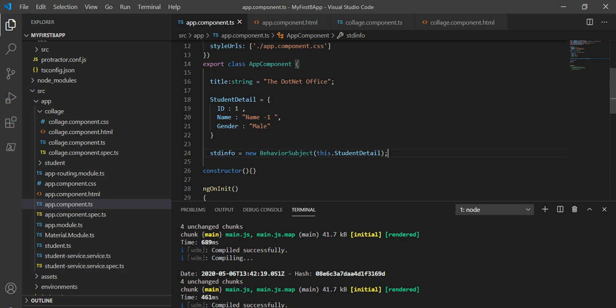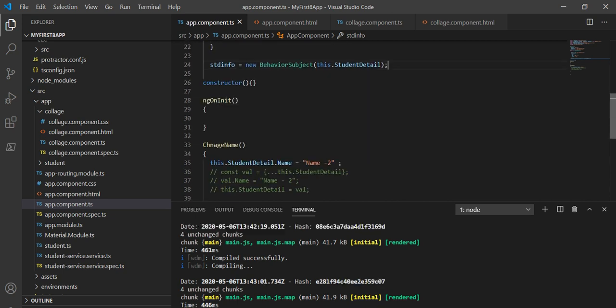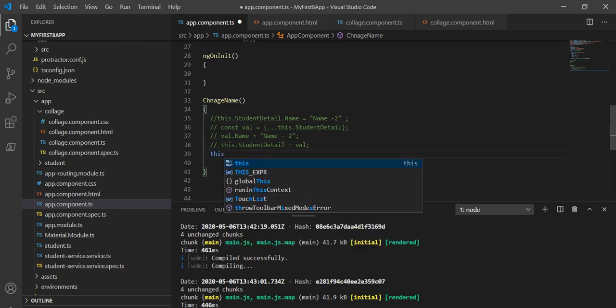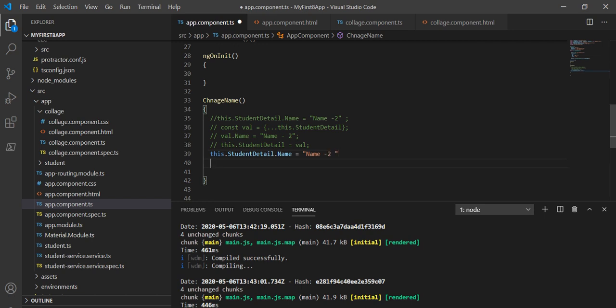Now next, on the button click we have to change the name. So here some changes are needed. So this.studentDetail.name, and we will give the name like name2, and we will tell it that it will be a reference change. And how can we do that? Using this next, as this is a BehaviorSubject.